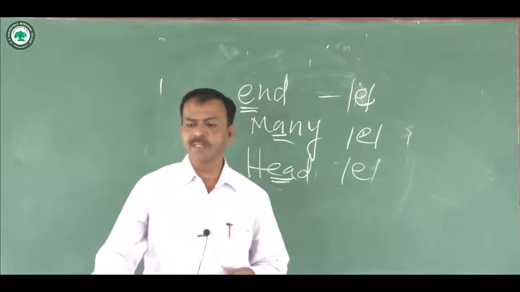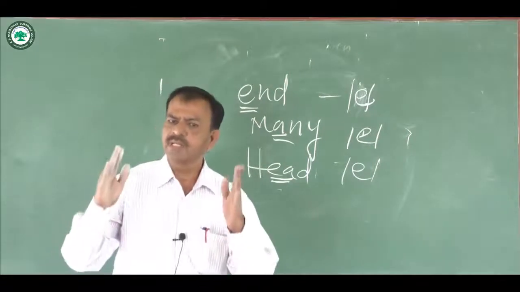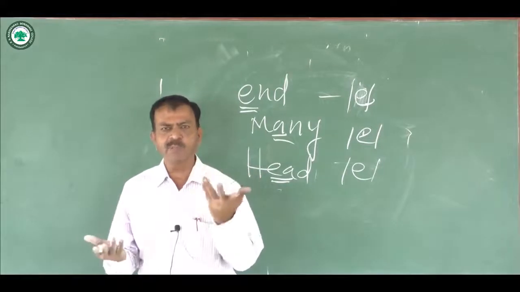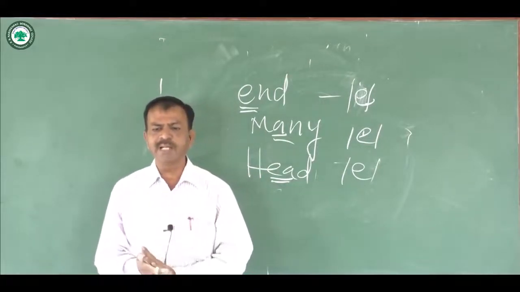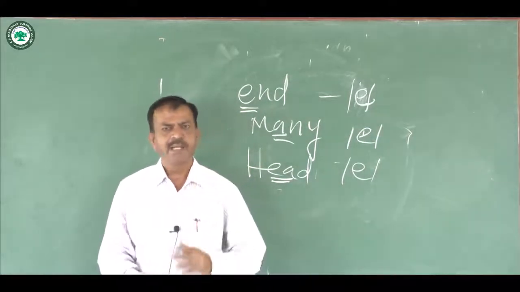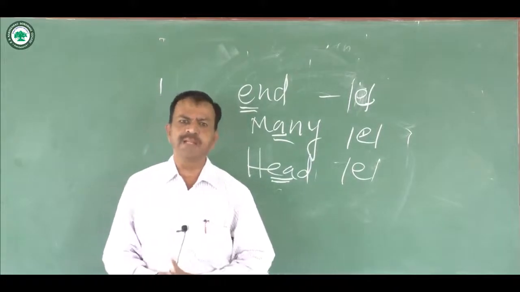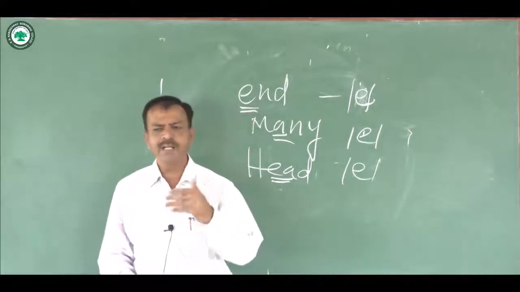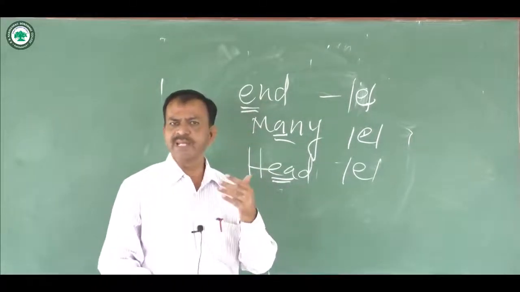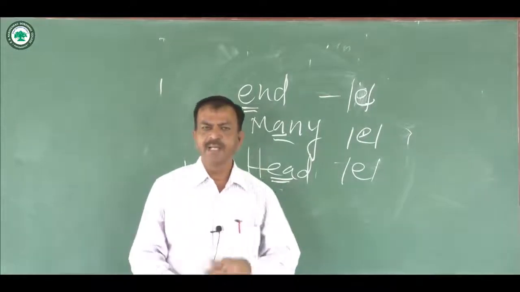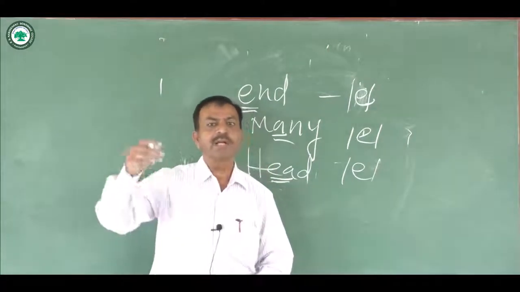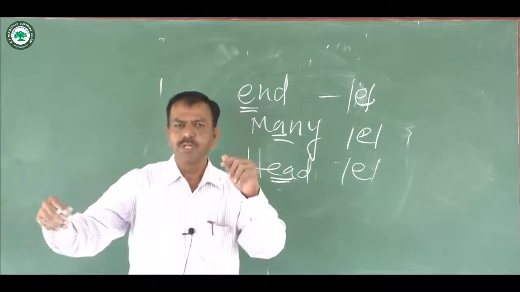In the word match, here T is silent. In the word would, because L is not pronounced, L is silent. In the word budget, D is silent. In autumn, this is the name of a season, here N is silent. In the word honest, here H is silent. In listen, T is silent. In the word write, W is silent.